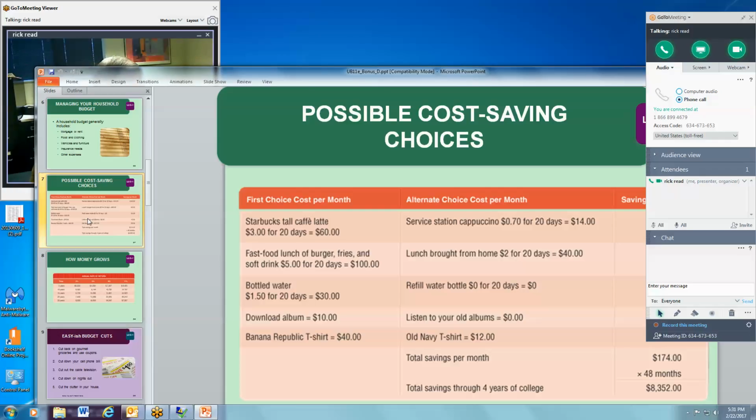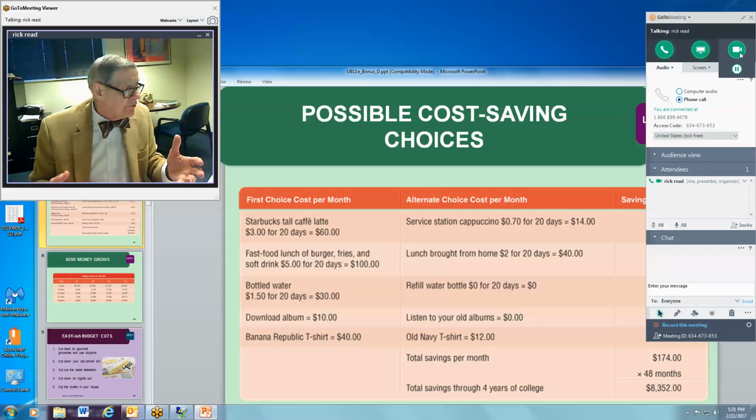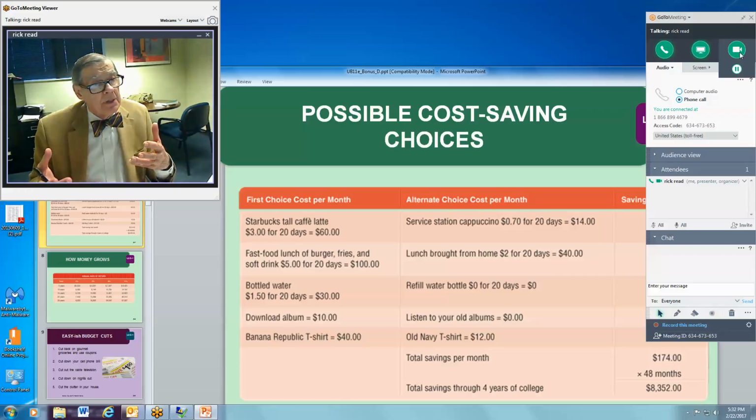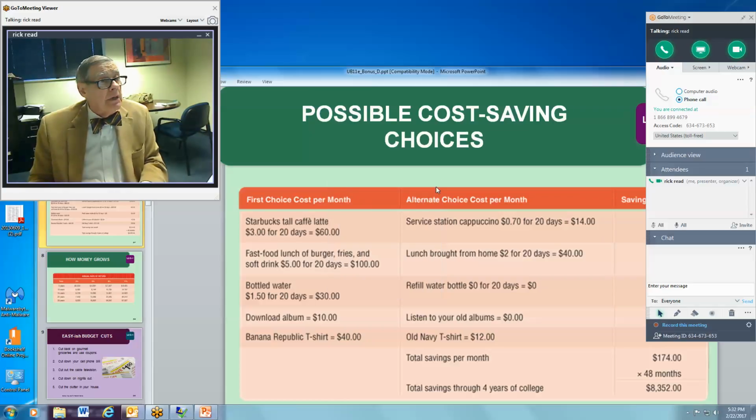Okay, now this particular slide, and I'm not going to go over this slide, but it's worthwhile paying attention to. How do you save costs? You can find this in figure D1 at the top of page D5. Cut down on some things that you do on an everyday basis that you really don't need to do. Fast food lunch. Maybe you work in a place you can pack your lunch. Where I work, I would have to go outside the building where my office is to get something to eat. I bring my lunch with me. I've been doing that for years. I'm used to it. Doesn't mean I wouldn't go out. It's just I'm not going to do that.